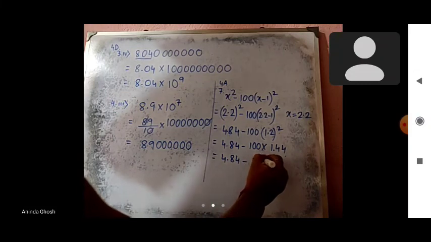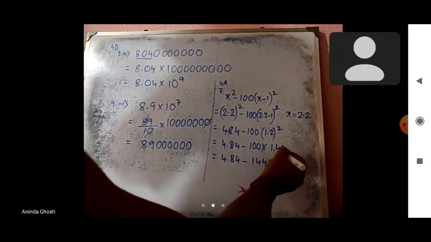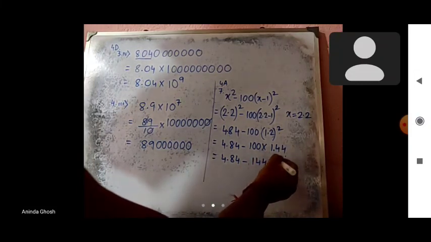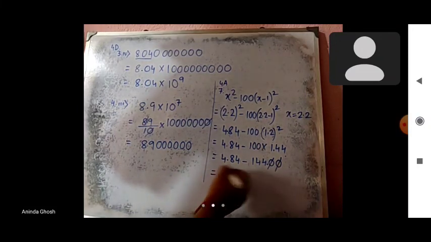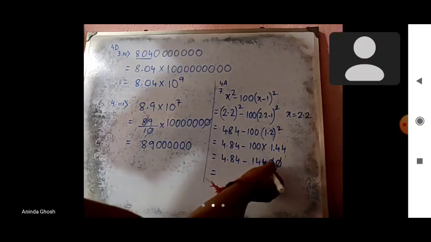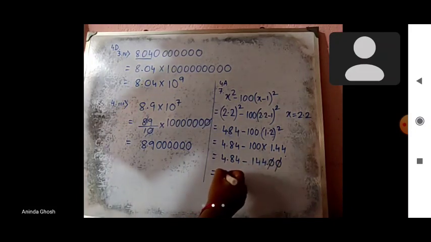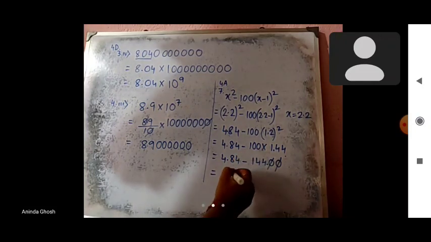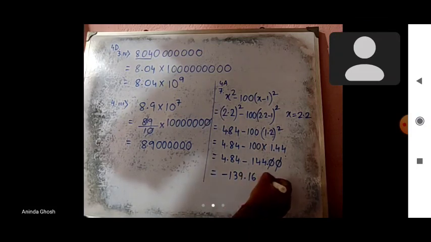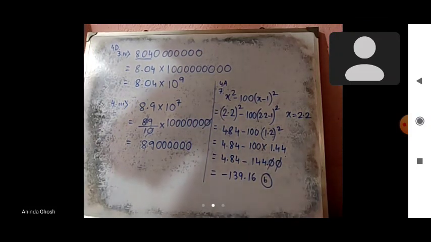into 1.2 means 12 square, that is 144, নাও পয়েন্ট দুঘর গুণ হবে 1.2 ইন্টু 1.2, মেন অ্যান্সারের রাইট সাইড থেকে দুঘর পরে, তাই আমরা 1.44 পেলাম। সো 4.84 মাইনাস 144, 2 zeros are cancel out because in 1.44 there are 2 points. So 4.84 minus 144, we get minus